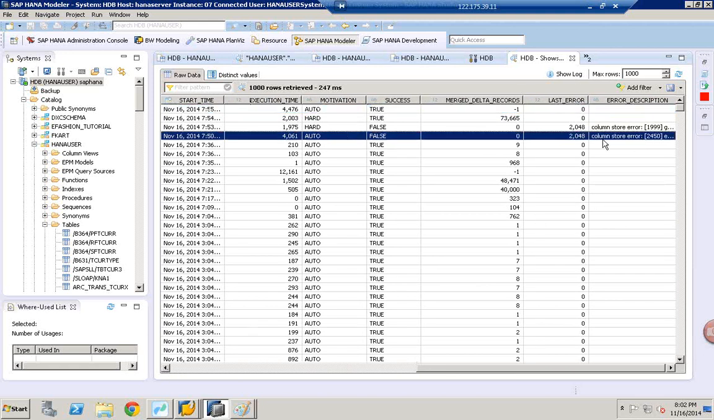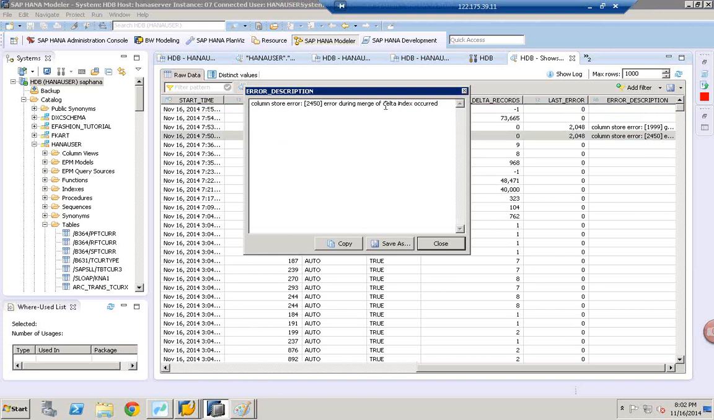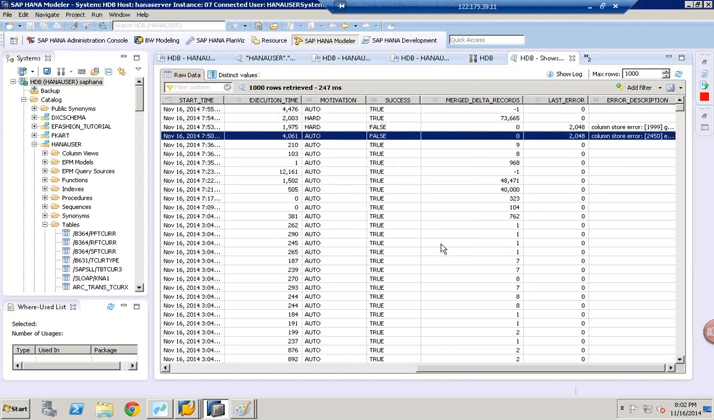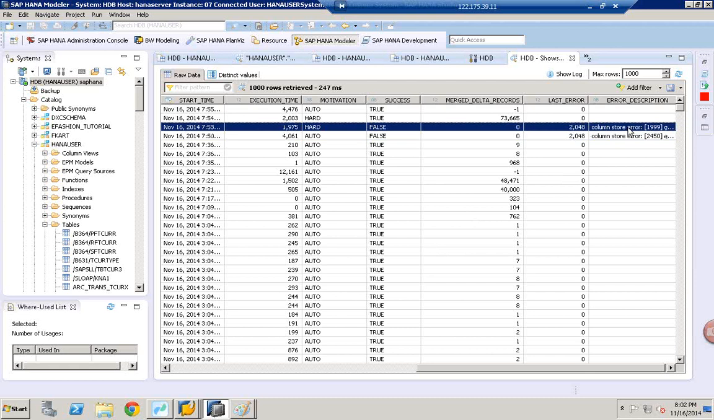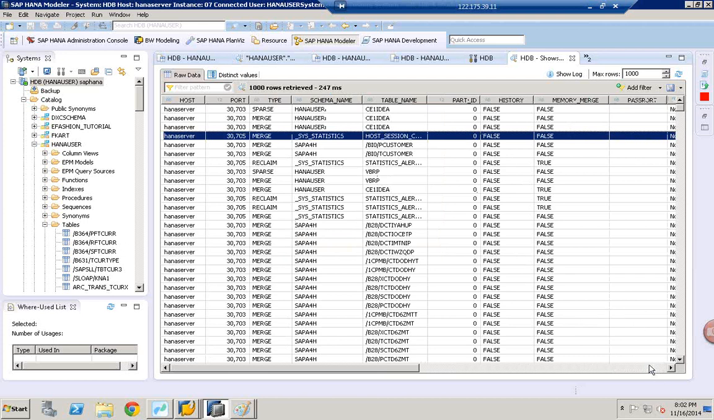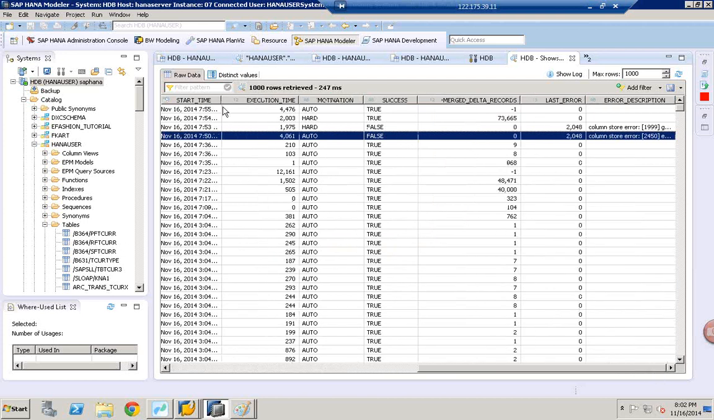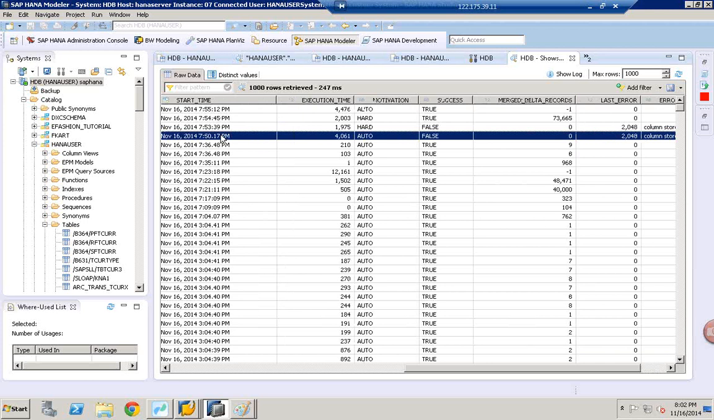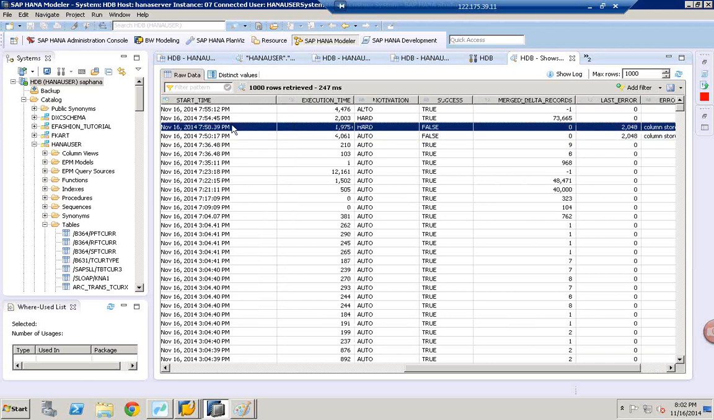so the first time it was an error, so there is some error, it shows you the error. You can see all the statistics over here. So I tried to perform hard merge. It was not successful. It failed, and this is the time. So here at 53:39 I performed hard merge. It failed,